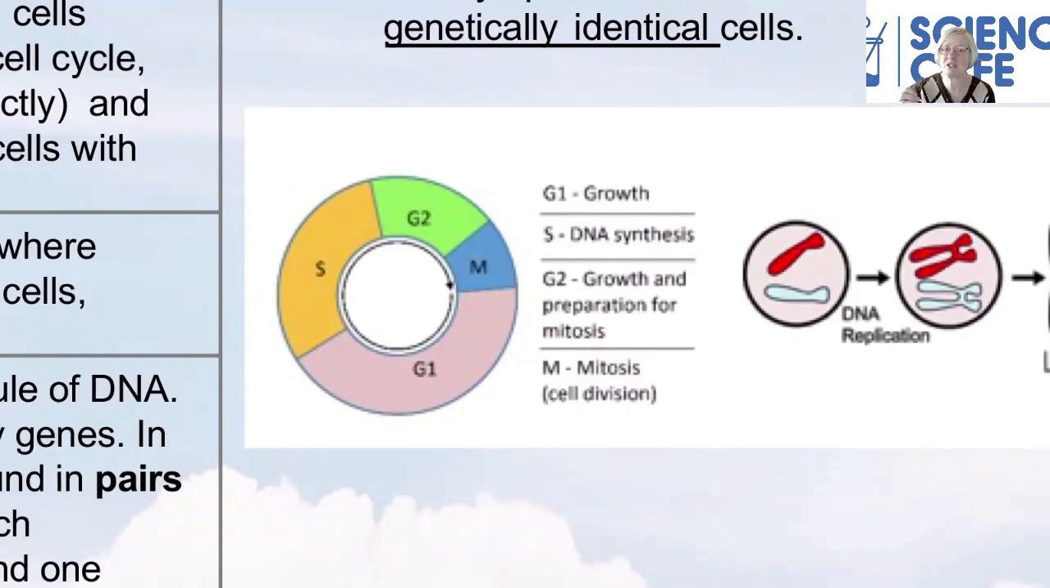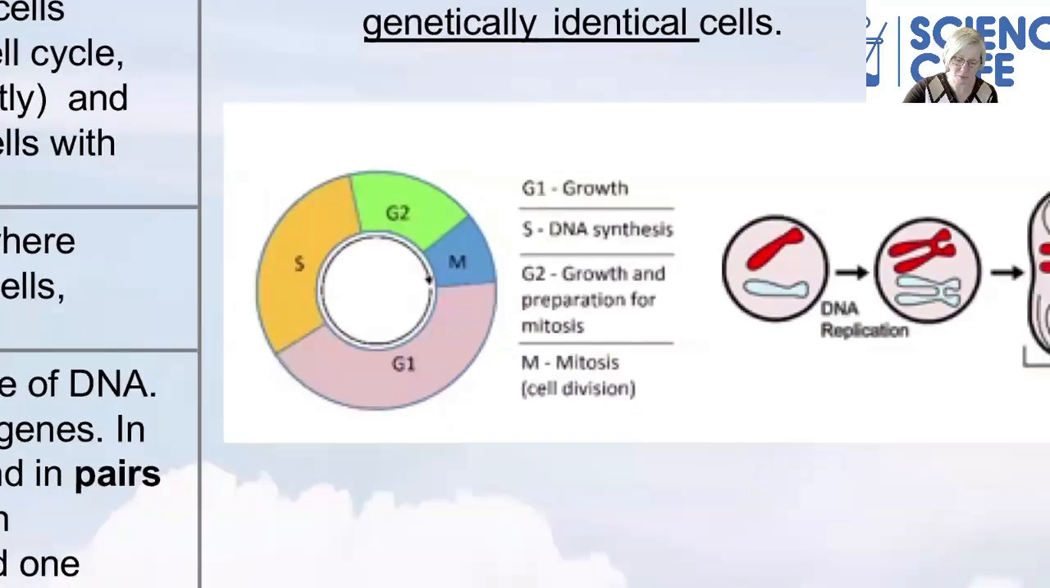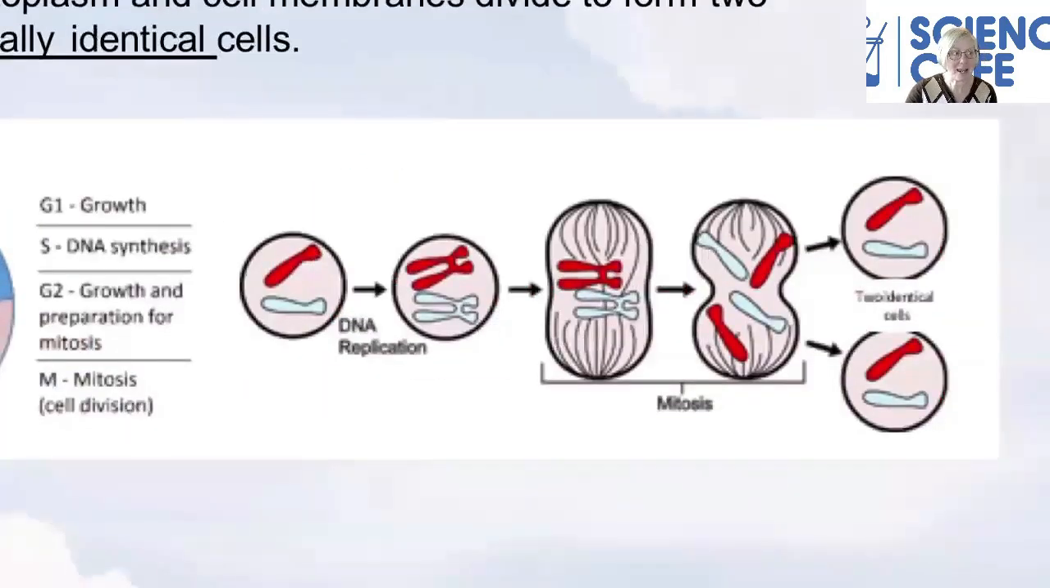Okay, then we have this nuclear division, this mitosis. So once the DNA has been replicated, then we are able to divide that nucleus up in between the two cells and make two new identical cells. And this is what we look at here. Okay, so we have, once the DNA has replicated,